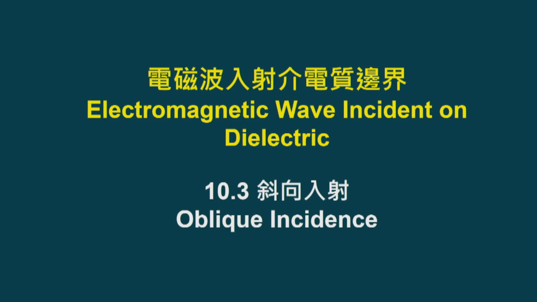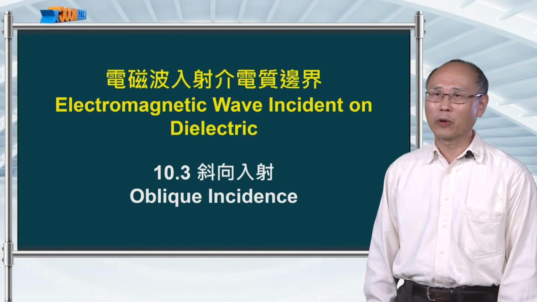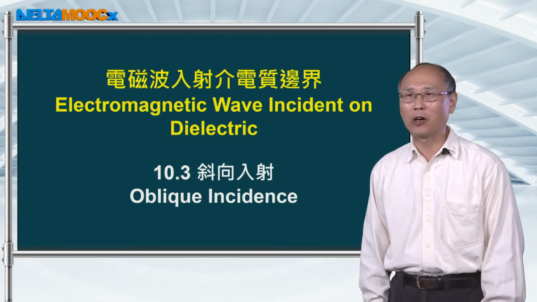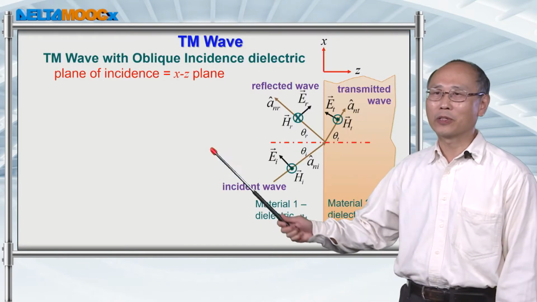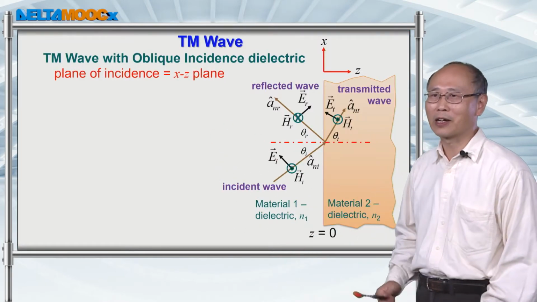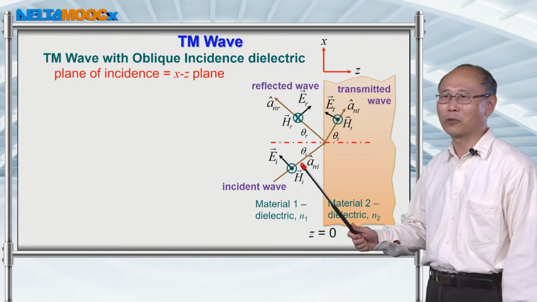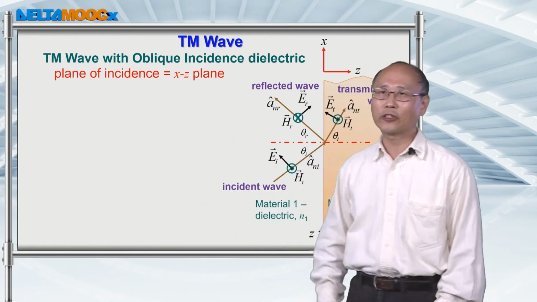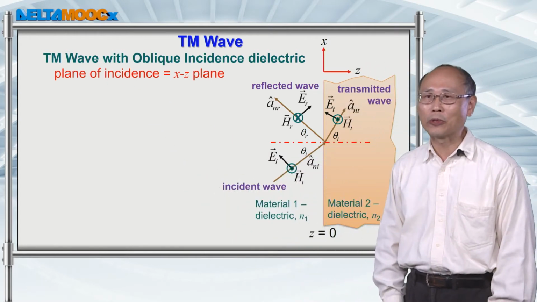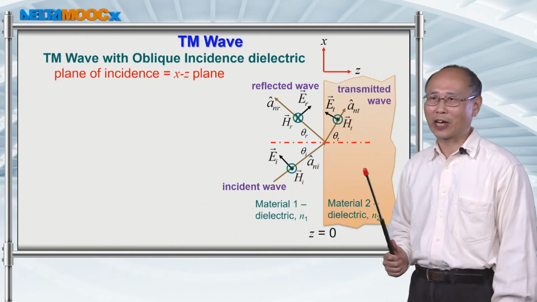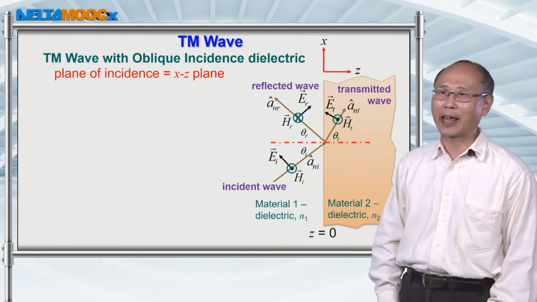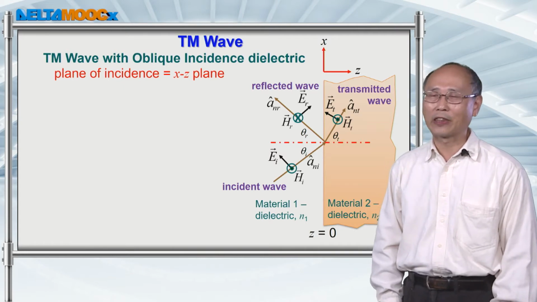In this session, we're going to make the situation a little bit more complicated. Now, we're going to send a wave at an angle from the surface normal of the boundary. And with this scattering configuration, you see the angle for the incident wave. Then we have to define the plane of incidence, just like when we deal with the situation having the conducting boundary here, we also have to define the plane of incidence so that we can then define the polarization direction